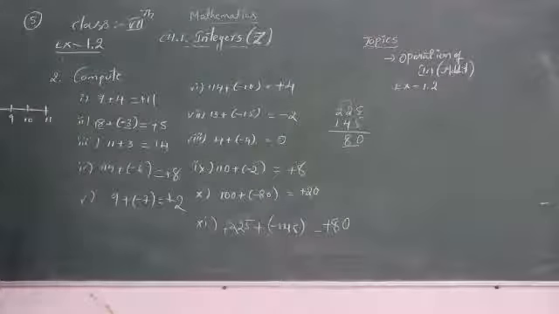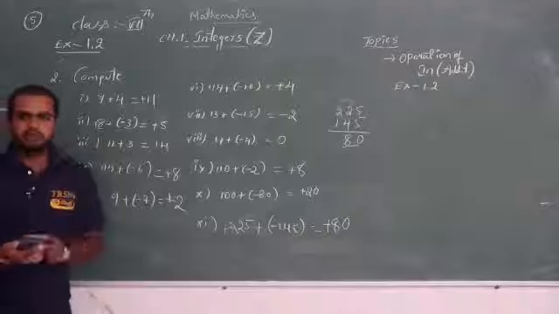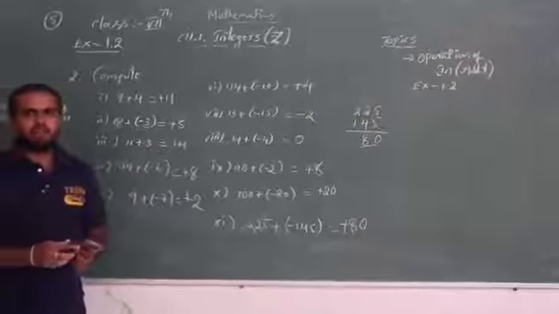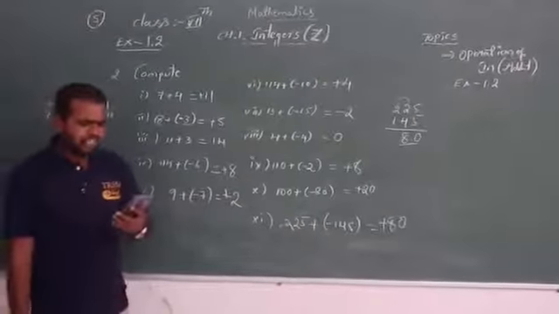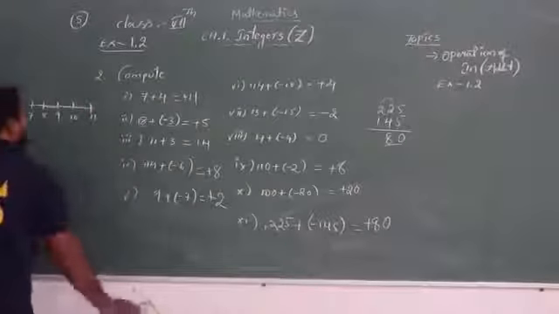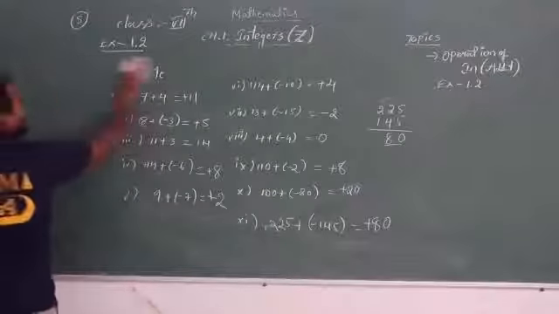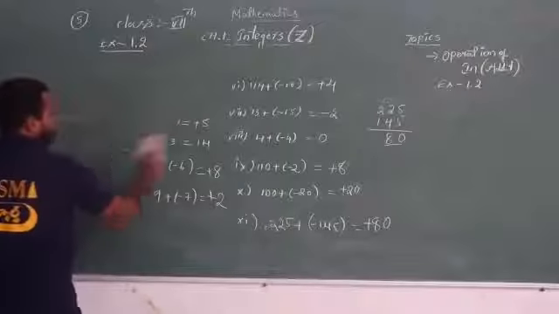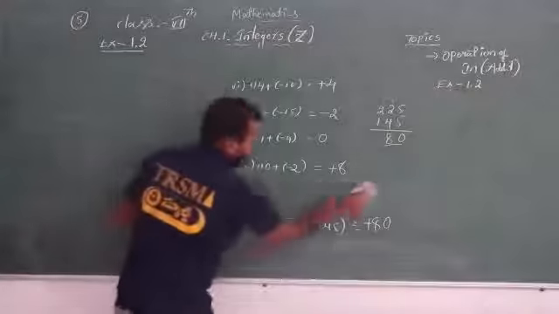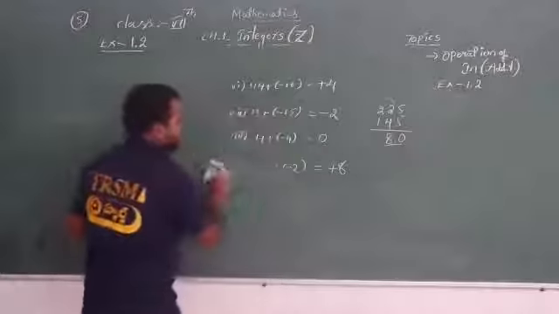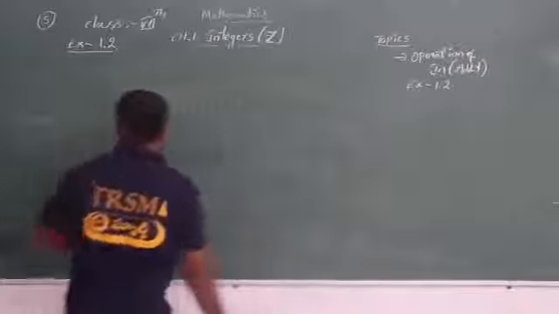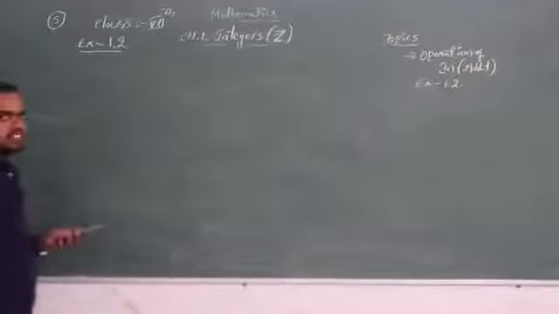Okay, we have 2 problems only in exercise 1.2. So those 2 problems are done. Okay, so now see, one more important one is there. Before exercise 2, we have one Do This problem. Okay, so in that there is a second question. The first one and the second one we already discussed in the first bit. And see, there is one problem. So see what the question is asking.